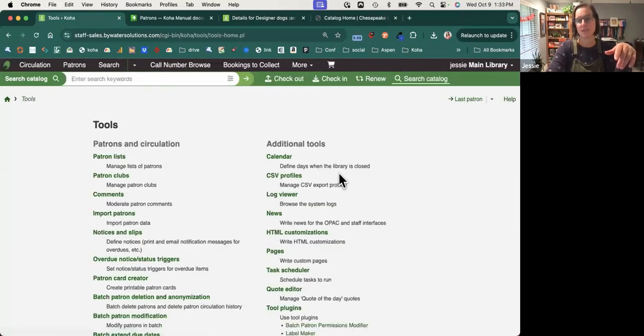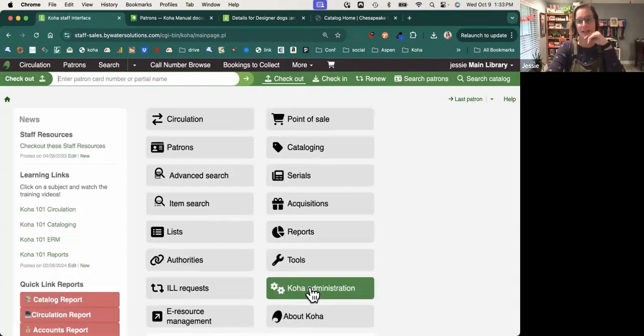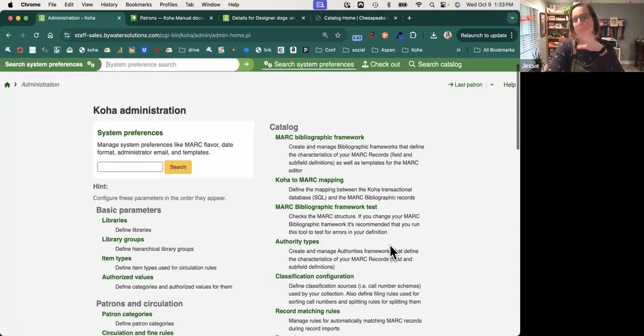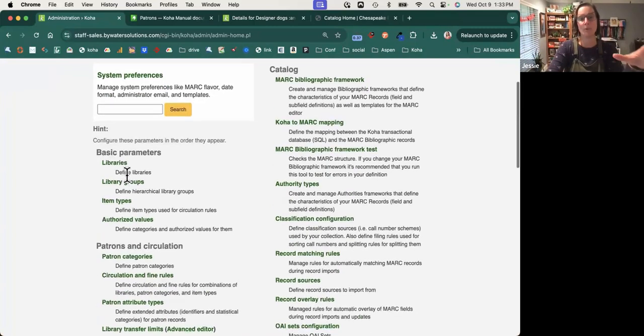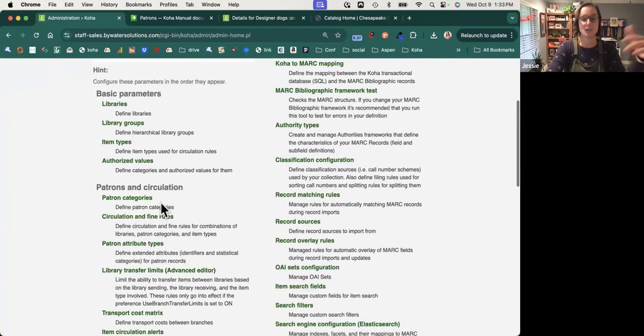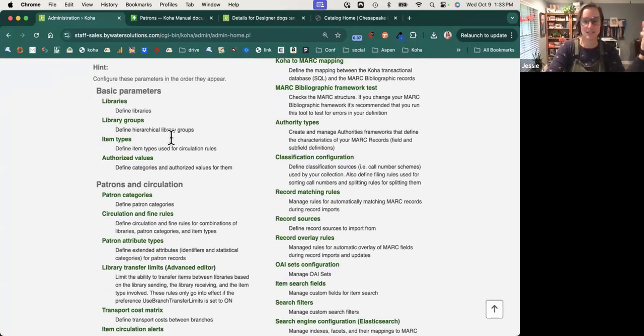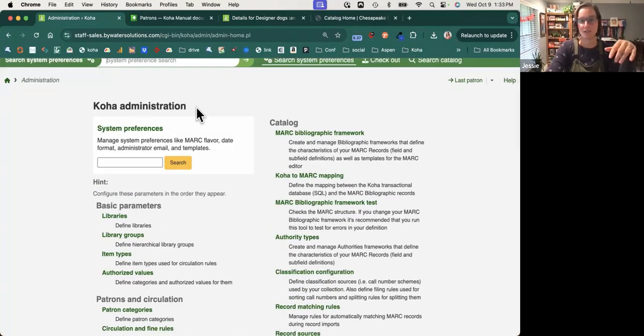In tools, you'll also see the calendar feature, which tells your system when you're open and closed. And last, but of course not least, administration. This is where all the magic is happening behind the scenes. You're telling your system what's visible, what's not, what's enabled, what's disabled. You're setting up your item types, collection codes, and shelving locations within the system, and really making your system function